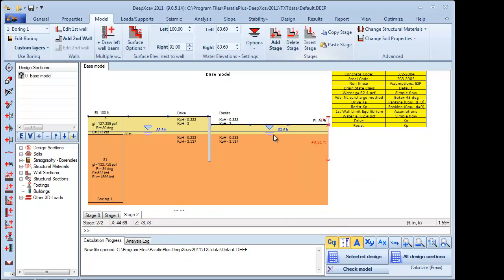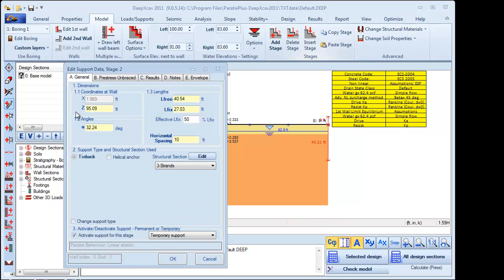and to this stage we will apply our tieback. To do so, we go here to the toolbar on the left and we press this button. Next we click on the wall and next to the ground. In this dialog we can change the tieback properties. We change the tieback elevation to elevation 93 feet,